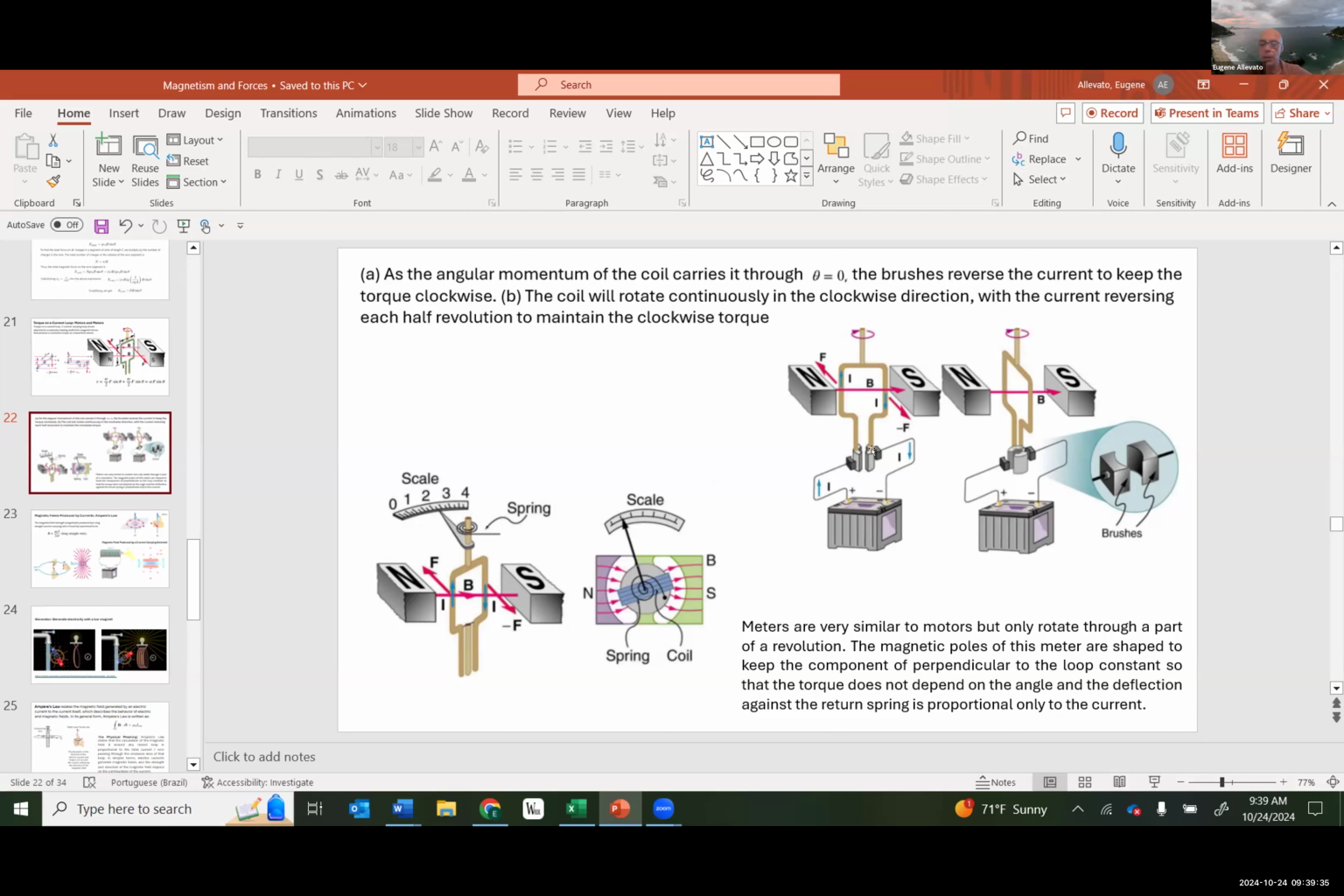And you have here something like charging a battery, right? So the current is being produced and charging the battery. This is also the principle of different meters, like,